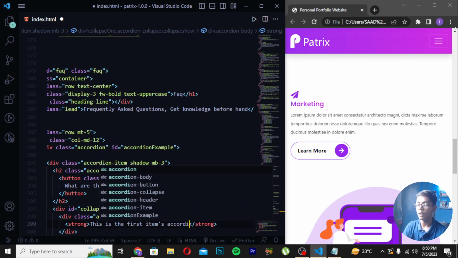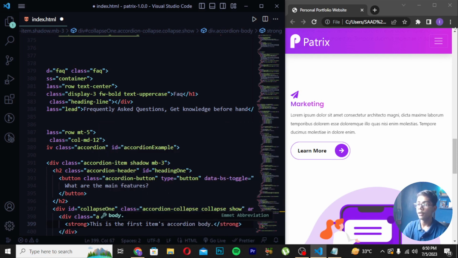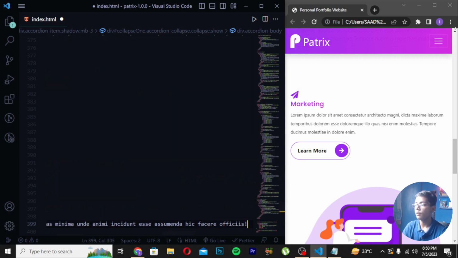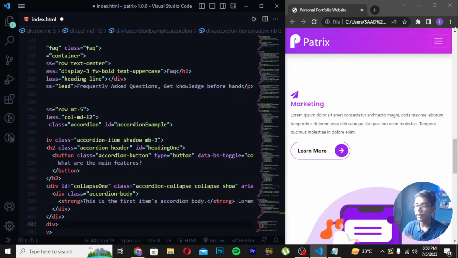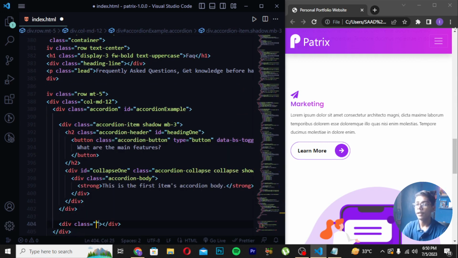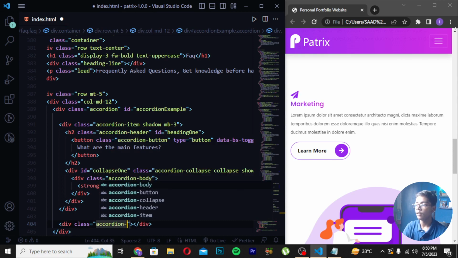Then I will be writing accordion body like this. Then you have to now directly move forward here, and then you have to put here the lorem tag. You can see we have put here, and after putting this lorem tag, you have to now directly move after this 3 divs here, create another div tag, and then I will be writing here accordion, and then write here